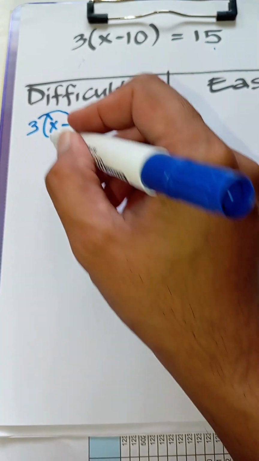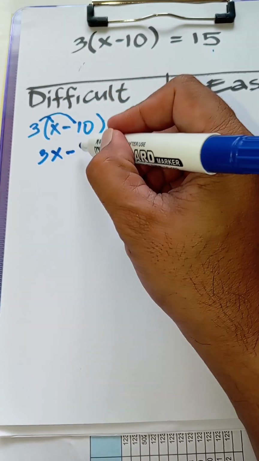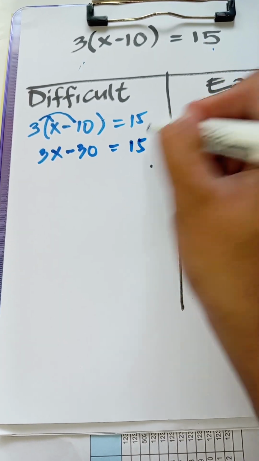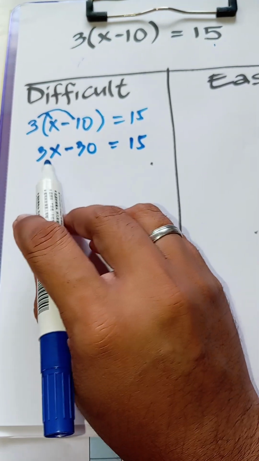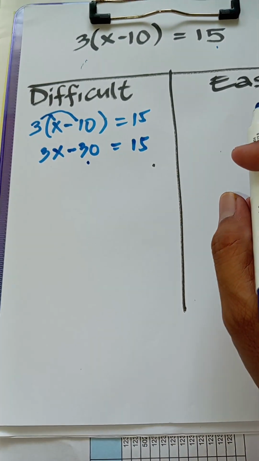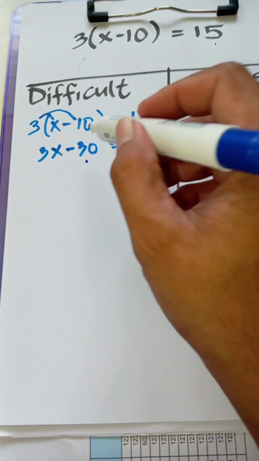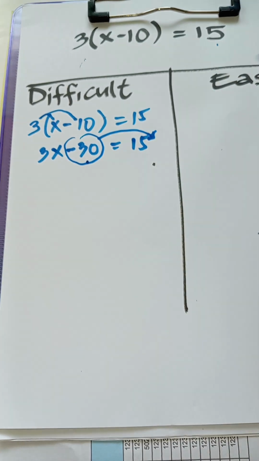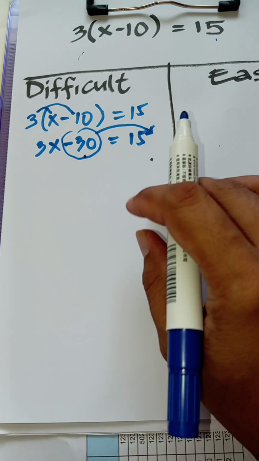So we have 3 times x, we have 3x, and 3 times negative 10 is negative 30, is equal to 15. Now, since we cannot subtract 3x and 30 because they are dissimilar terms, one has a variable and the other has none. So we have to transpose this to the right side of the equality sign. It's called transposition, or you can make use of